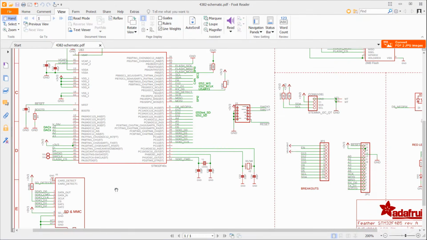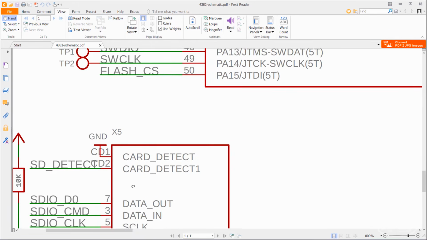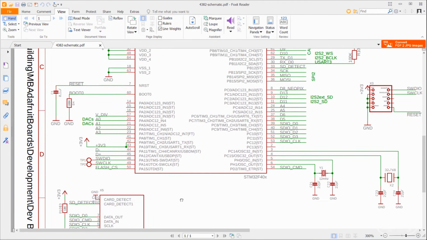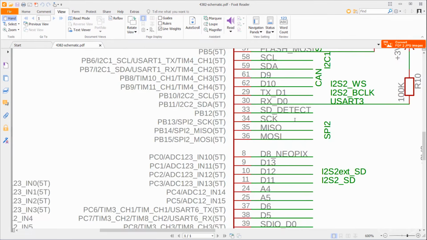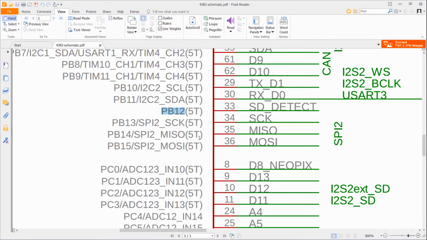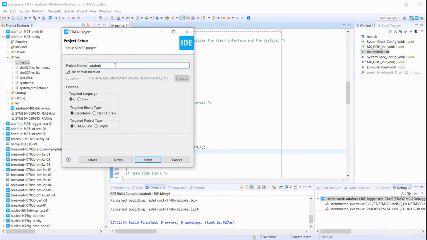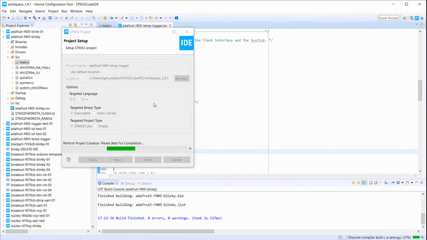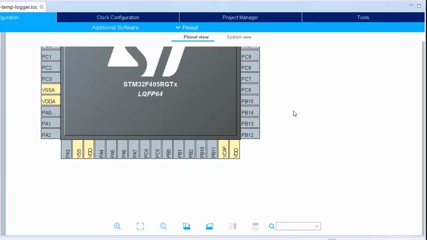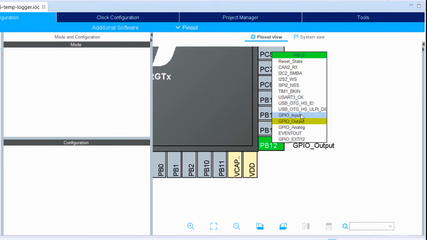If we look at the schematic again, we see that the card detect line is connected to pin PB12. After playing around with it, I couldn't really get the card detect to work properly, but the Cube software still wants to have a pin assigned to it, or it throws warnings. Start a new project and select the STM32F405RG again. We want to assign PB12 as input since it's connected to the card detect on the SD